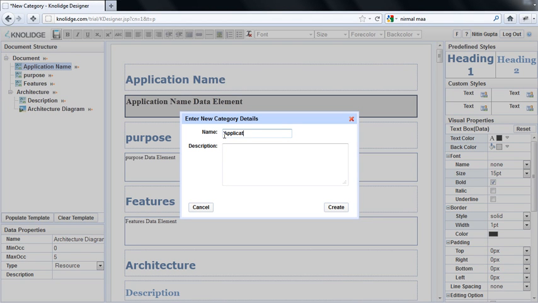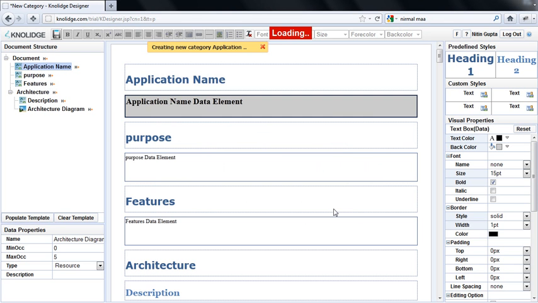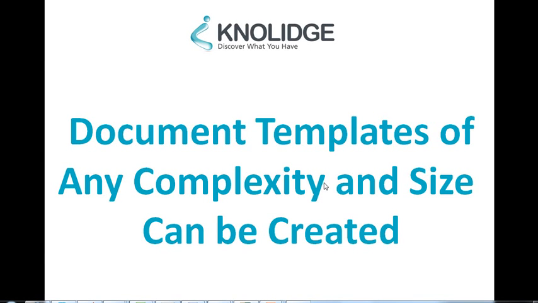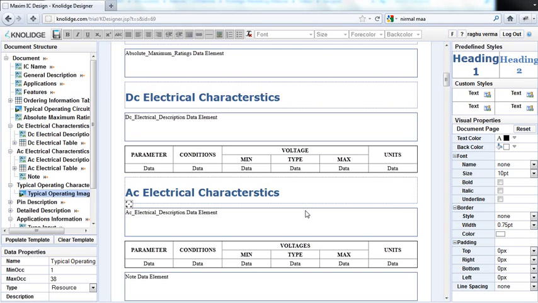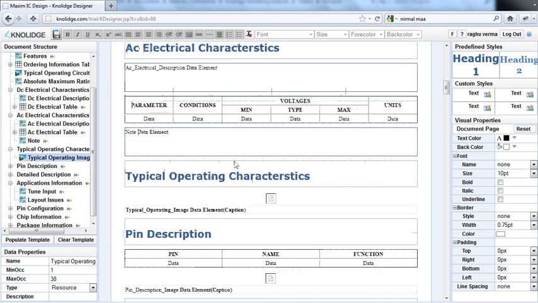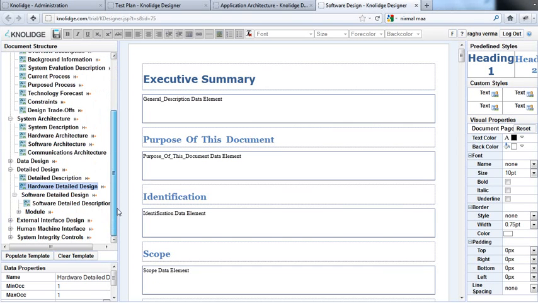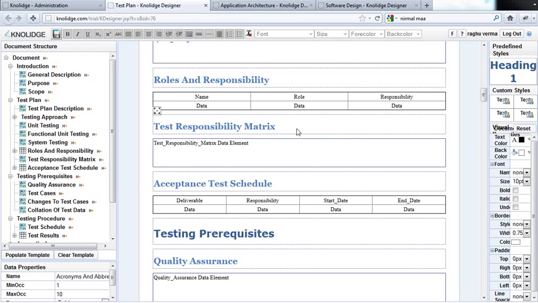Give the name as application, say, and we give this description. All templates get saved through an XML processing engine into well-defined XSDs and XMLs. Document templates of any complexity and size can be created through Knowledge Designer. For example, this is the IC design document for the semiconductor industry. This is a software design template, a test plan document,